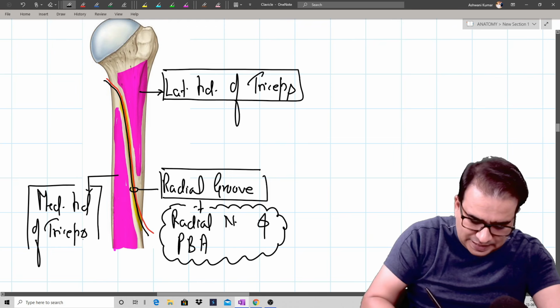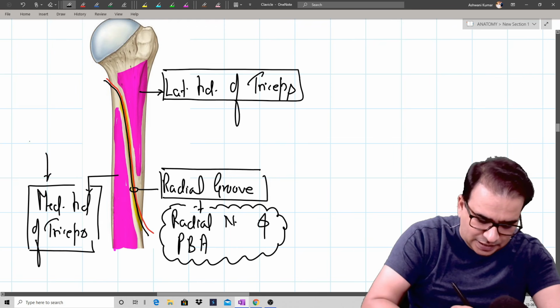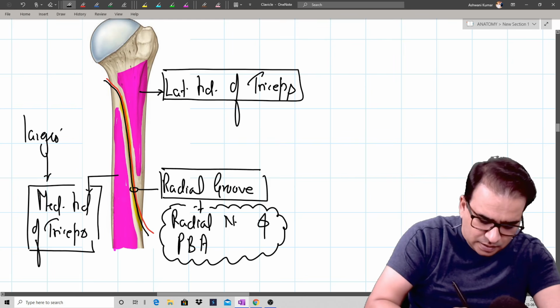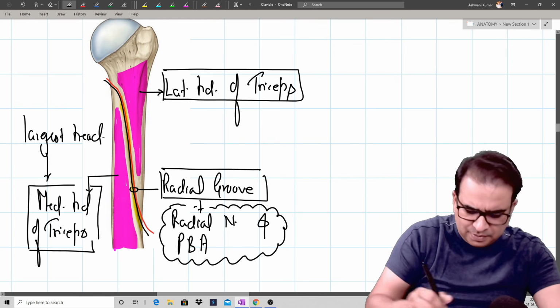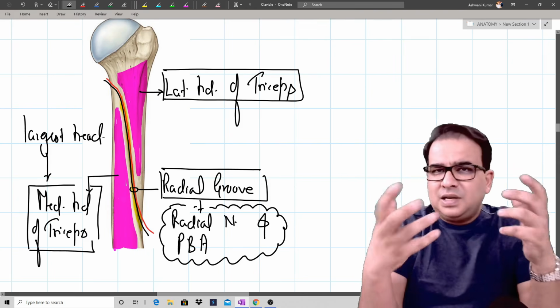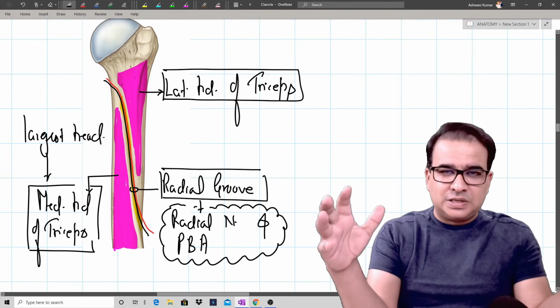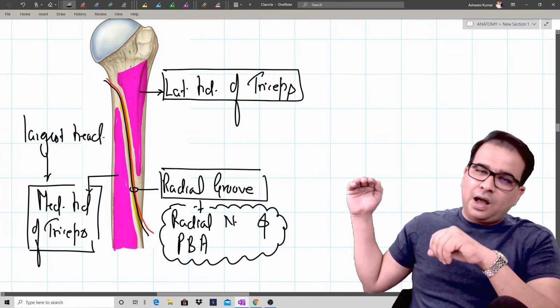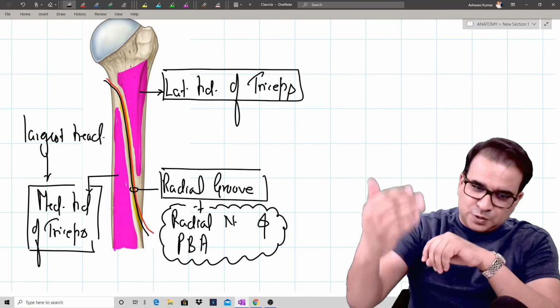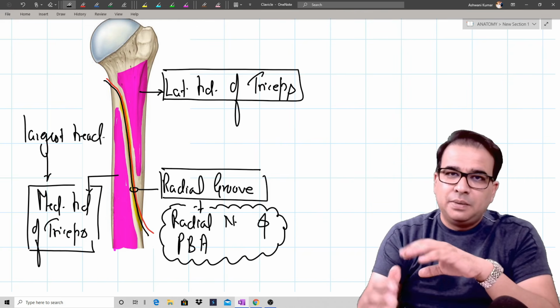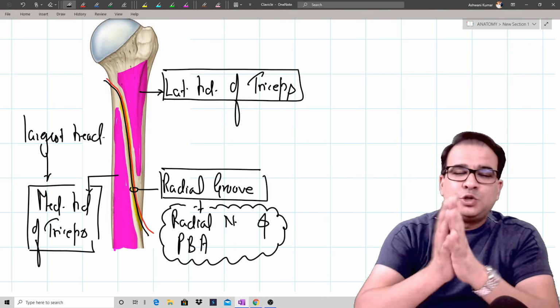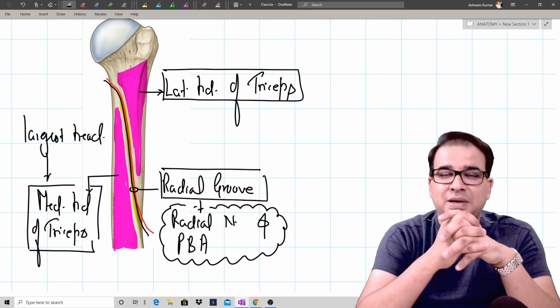And undoubtedly, that is why the medial head of the triceps is the largest head. It's the largest head, guys. I'm going to show it in the picture also. It's a huge origin, you will see. Imagine, just leave this area above the spiral groove. Everything on the posterior surface of the shaft of the humerus below the spiral groove is giving origin to this big head of the triceps, the medial head.